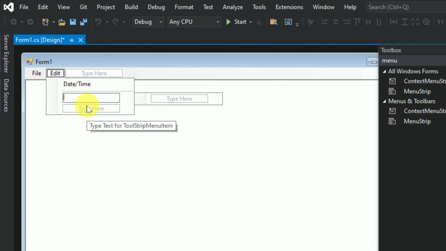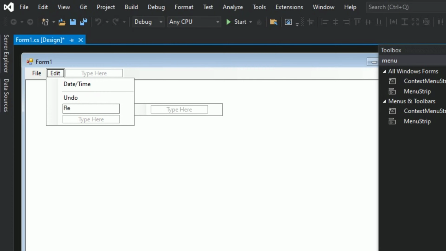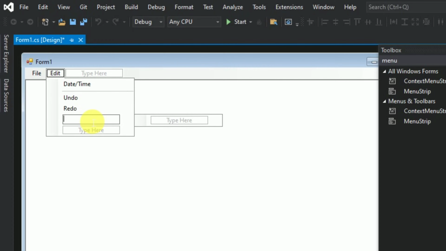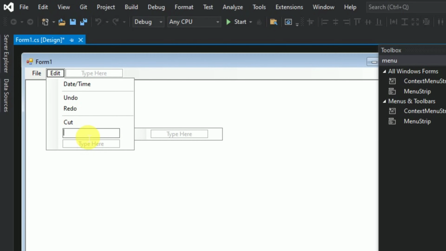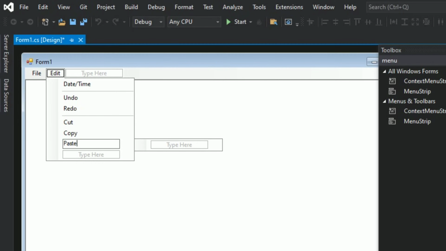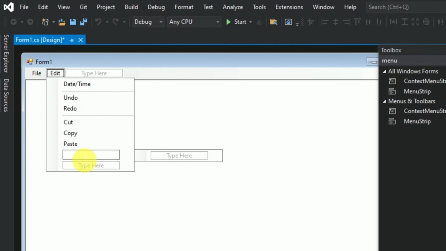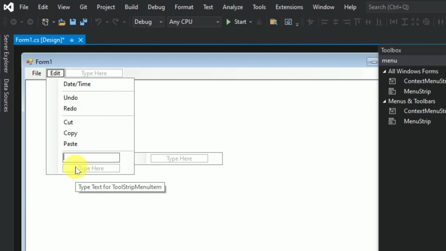Okay, so it gives me a horizontal ruler, and again type undo and now redo, and again here I give dash for a line and then cut and copy, and again I write paste. Okay, and again I give a dash and I again write select all. Okay, so these are the different menus I created under edit.